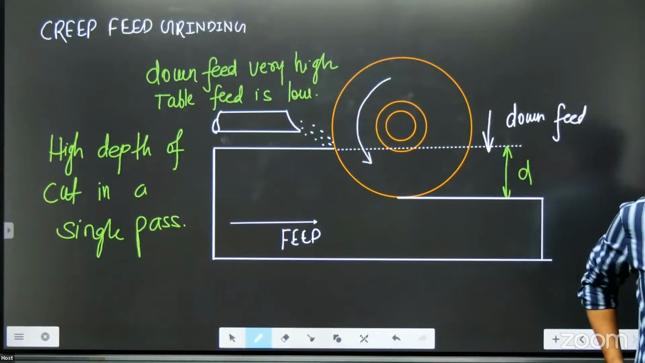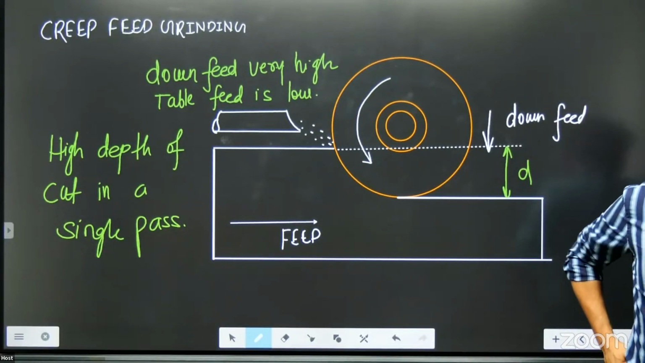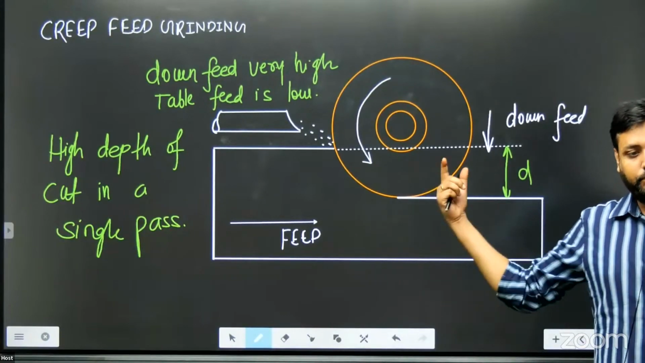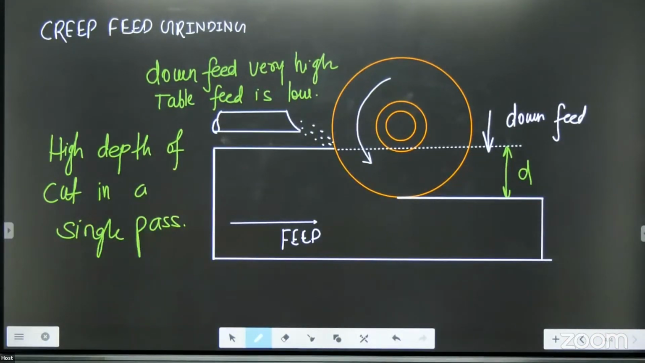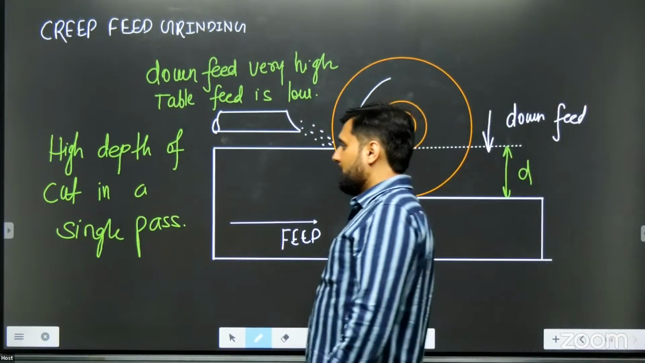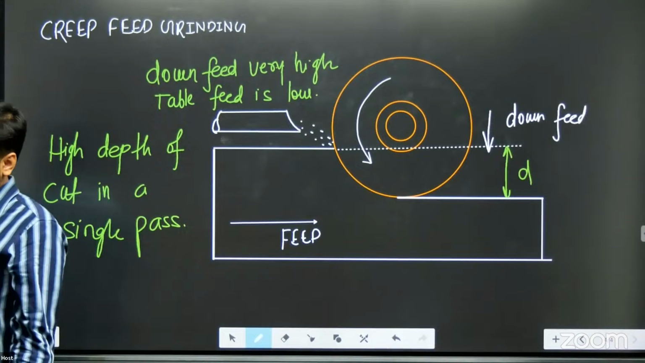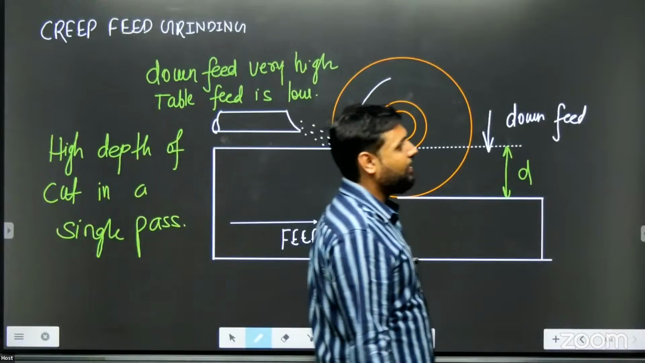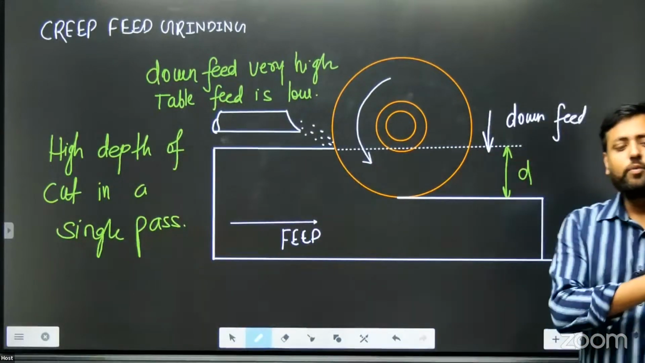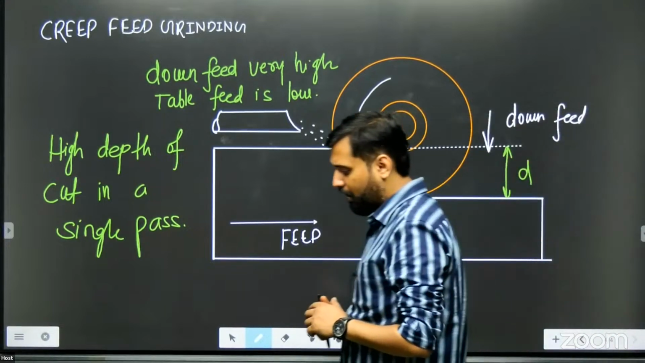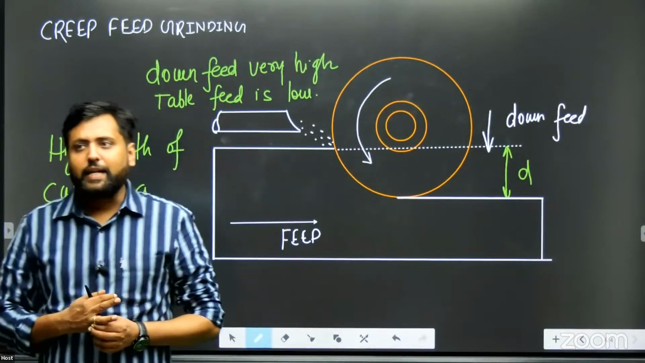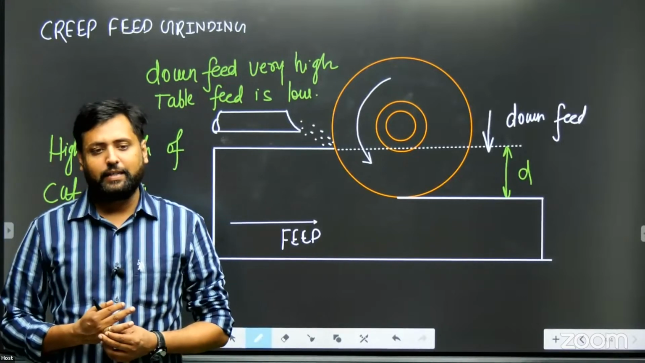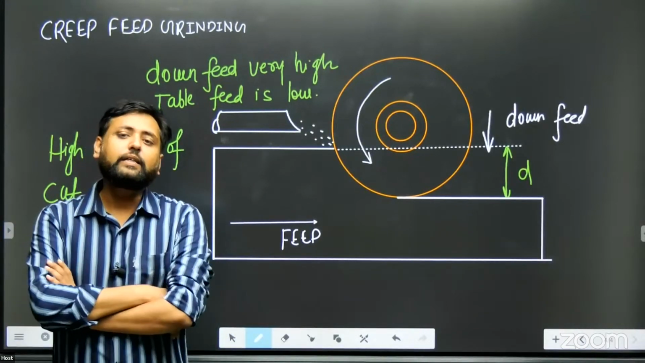So if you keep the down feed very high, and at the same time you keep the table feed very high, then this thing will become very difficult to be done by grinding. So if someone asks you what is the necessity of creep feed grinding, you can answer very easily: to cut a larger depth of cut in a single pass, we use creep feed grinding, where the down feed is increased a lot, but to compensate for that increased down feed, my dear students, we decrease the